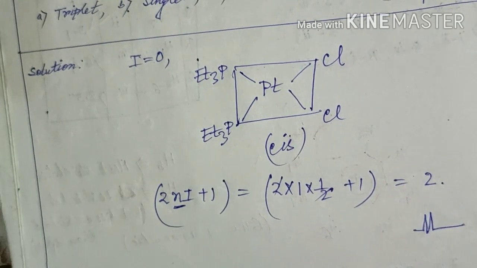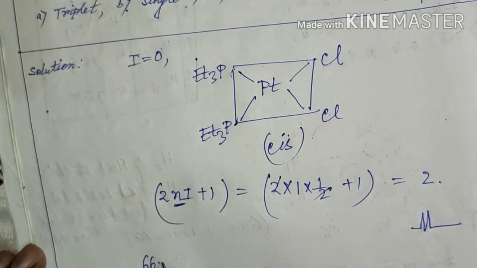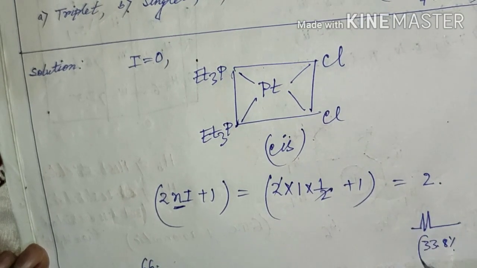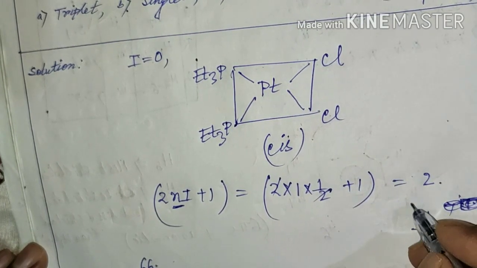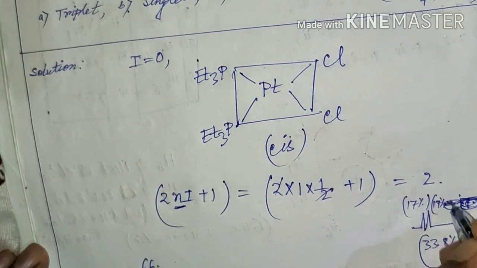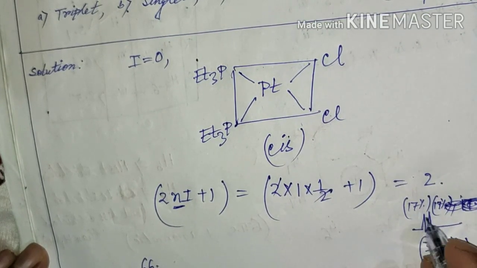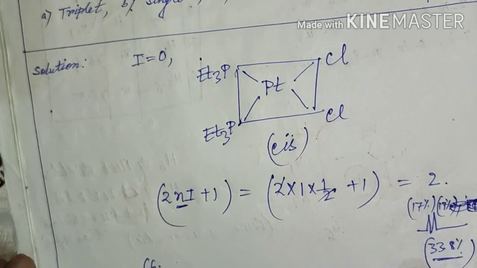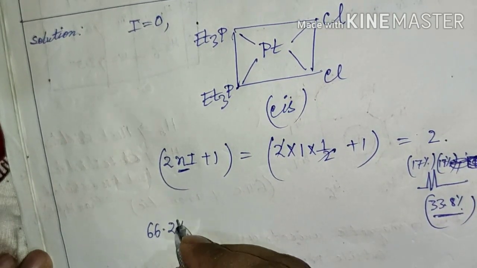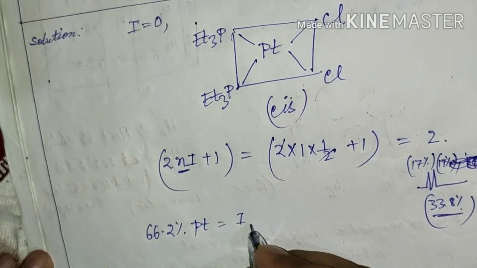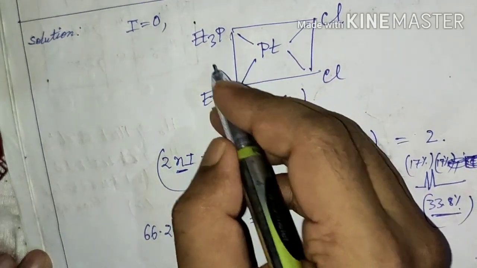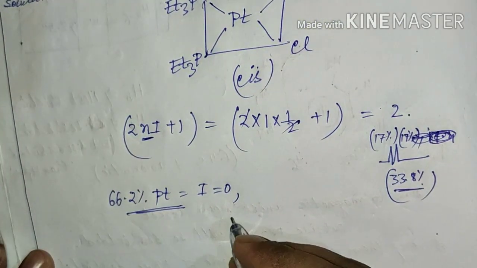Similarly, the intensity of this platinum isotope is 33.8%, and the intensity of each peak will be near about 17%. Since the total intensity is 33.8%, each peak will be half of this, that is 17% each. The remaining 66.2% of platinum, for which I is equal to 0, will not couple with the phosphorus nucleus, and for this phosphorus nucleus